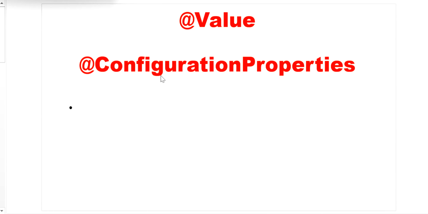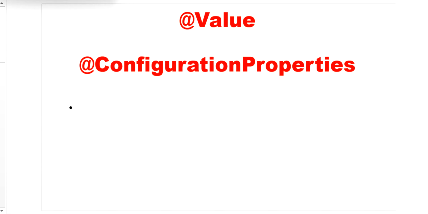And if there is any requirement to rename a property in our properties file, then with @ConfigurationProperties we need to go into only a single class and rename the property there. But if we are using the @Value annotation, then we need to search all the classes for this property and rename it. So it is a lengthy process. So we should go with @ConfigurationProperties.